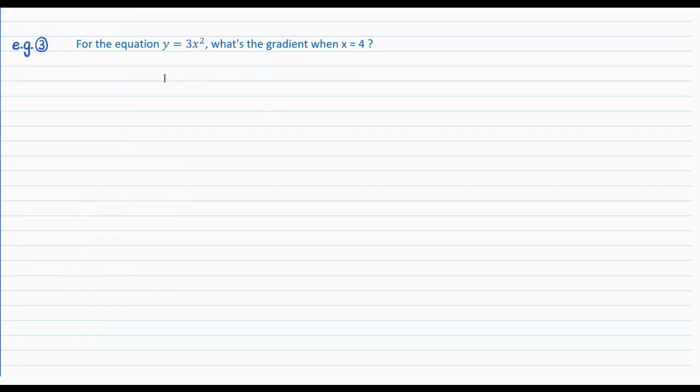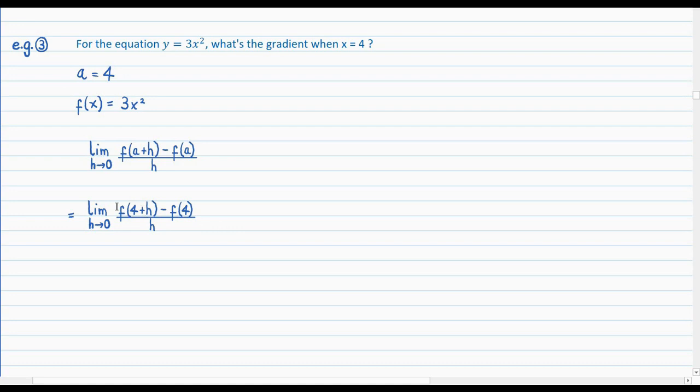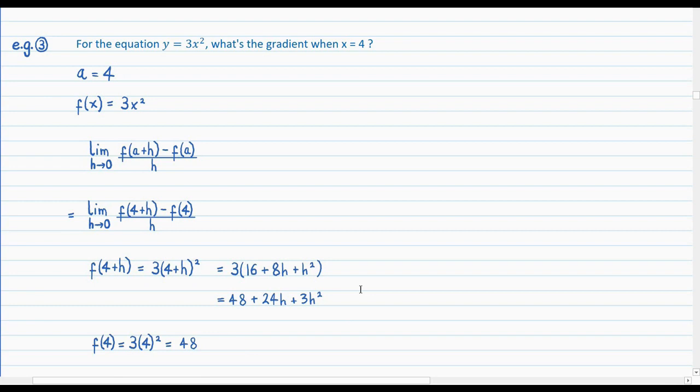Here's another example. For the equation y equals 3x squared, what's the gradient when x equals 4? This time the value of a is 4 and f of x equals 3x squared. Then just sub a into the gradient at a point equation. f of 4 plus h is just 3 times (4 plus h) squared, which simplifies to 48 plus 24h plus 3h squared. Then f of 4 is just the y-coordinate of the point, but this time it isn't given, so just calculate it using the f of x equation, and when you do that, you get it as 48. Sub it all back into the equation,